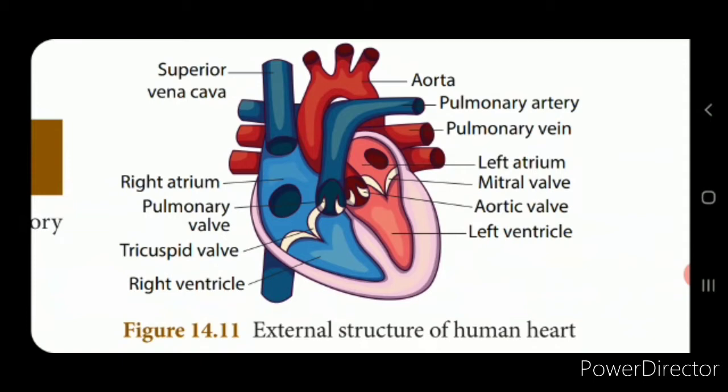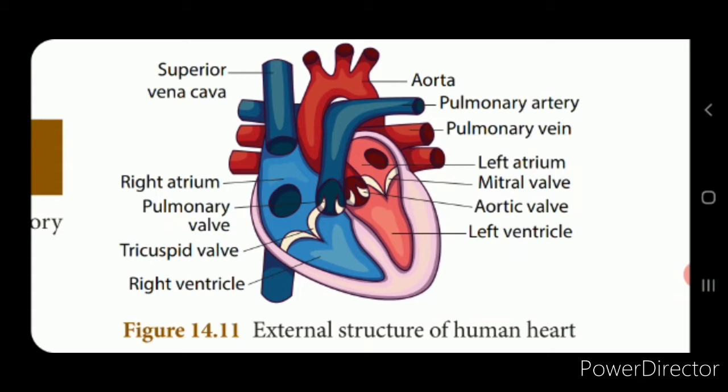Now from the lungs the oxygenated blood has to come to the left atrium, and this is carried out by the pulmonary vein. The right and the left auricle pump the blood into the right and the left ventricle respectively. From the upper part it comes to the lower part. Now the ventricles are separated by the interventricular septum, isn't it? The left and the right ventricle have thick walls because they have to pump blood to different parts of the body, isn't it? From the heart it has to reach the different parts of the body, so they have thick walls.